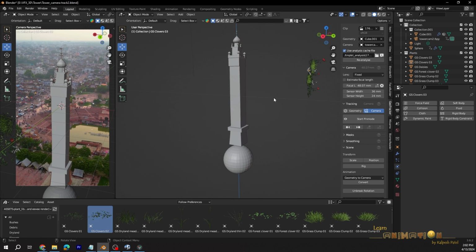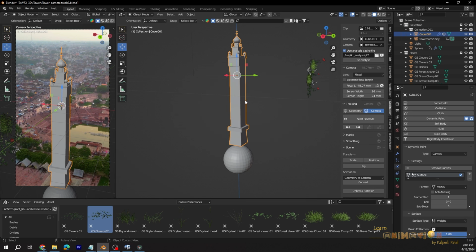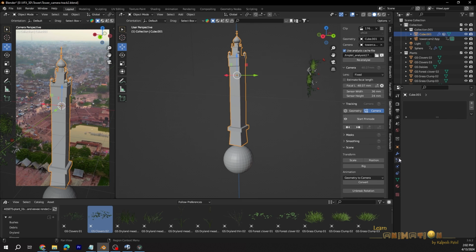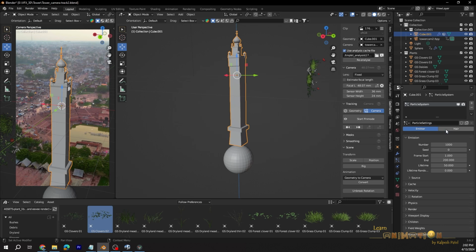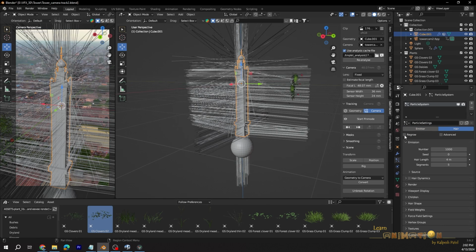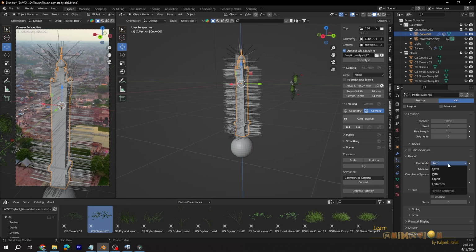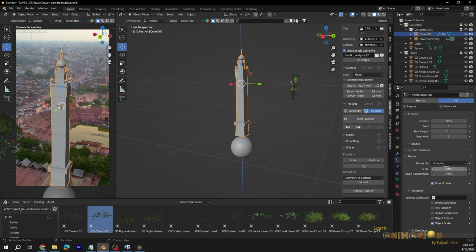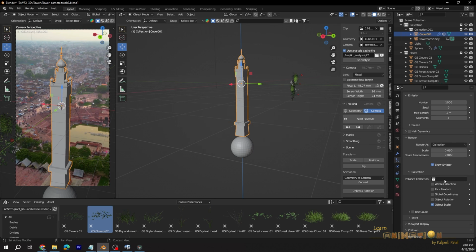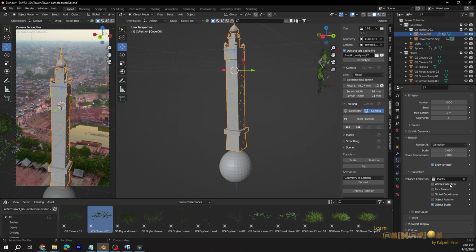Now it's time for magic. Just select this tower geometry and go to the particle system, create the particle, go to hair, create the hair, and you can just reduce the hair length to 1. Okay, go to the render, select collection, into the collection here, instance collection, select the plants. As you select the plants, you can see the plants appear here.